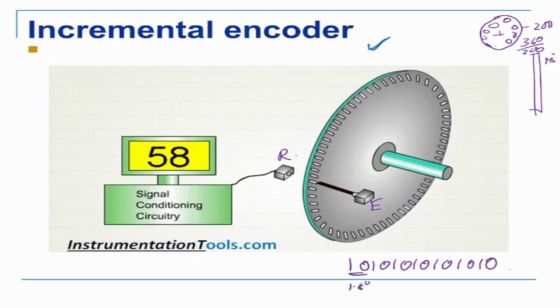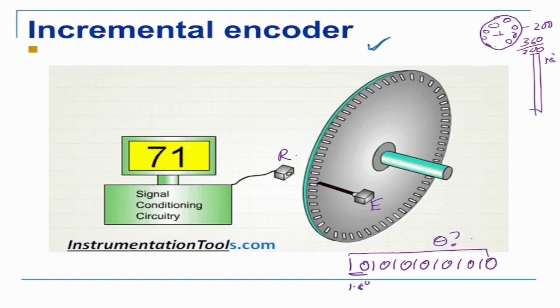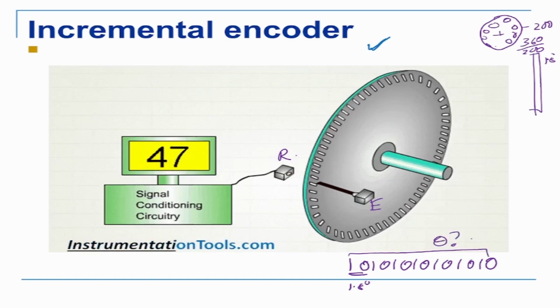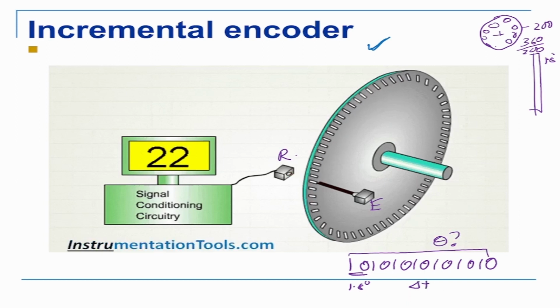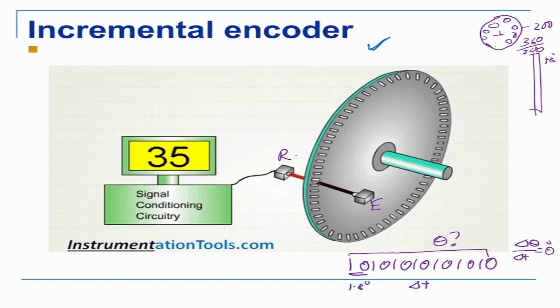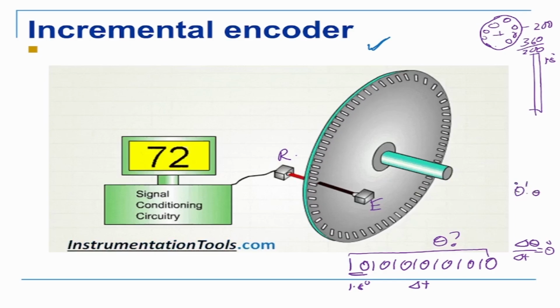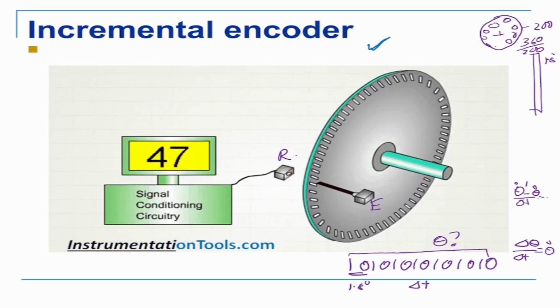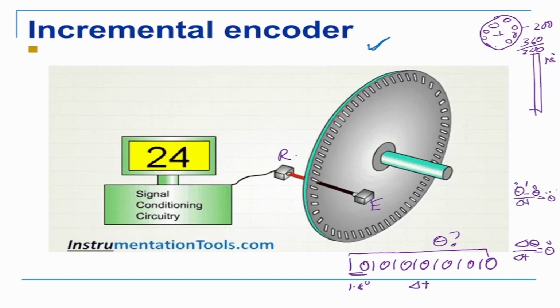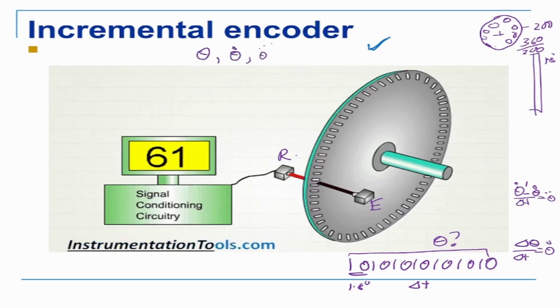So if you know how many of them there are, and you know the distance between these bits, then you know how much distance is traveled, so you know how much theta there is. Now if you know the time also, if you know this many signals have gone in time del t, then del theta by del t is the velocity, theta dot. If you take the second derivative, theta dot minus the previous theta dot divided by another del t gives you theta double dot, acceleration. So this very simple device can measure position, velocity, and acceleration.